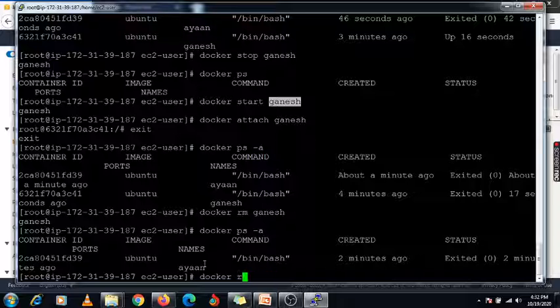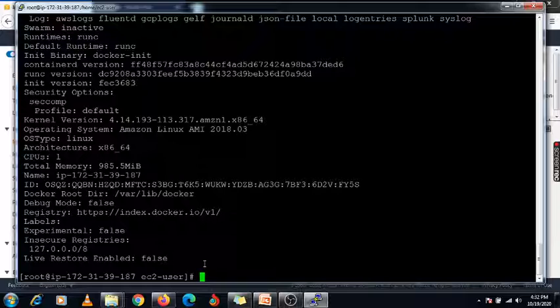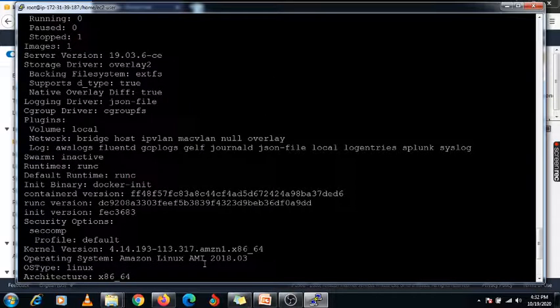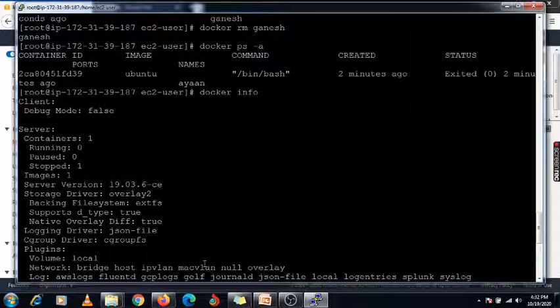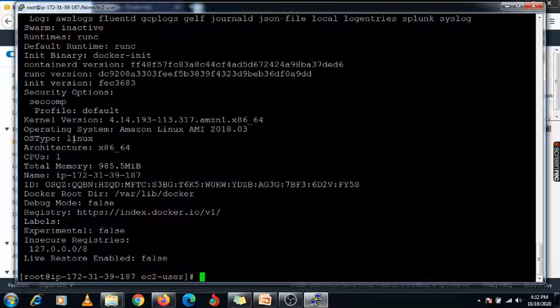Now we are checking the docker info command. Using this command you will get all the information about your Docker: the version of your Docker, how many containers are running, how many are stopped, and how many containers are available in total. You also get the memory of your physical or virtual machine.